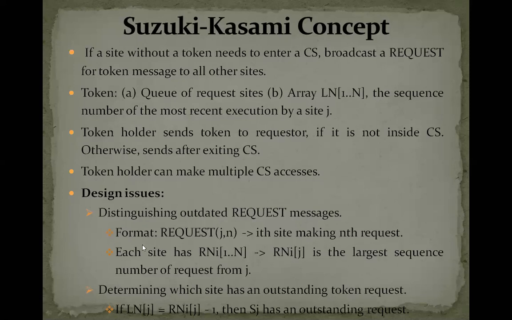And for that, we have to maintain a certain vector, and the format for distinguishing is request (j, n), that is the jth site making the nth request. Here j is the site number, meaning the process number, site number 1, site number 2, site number 3, and what sequence of requests it has